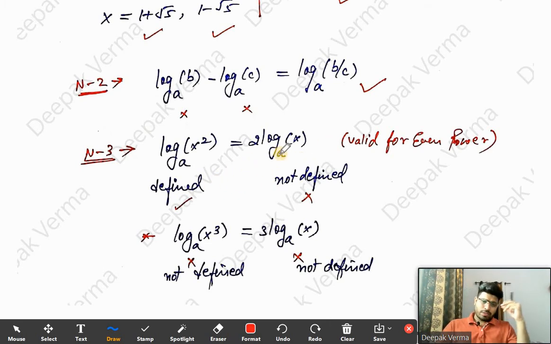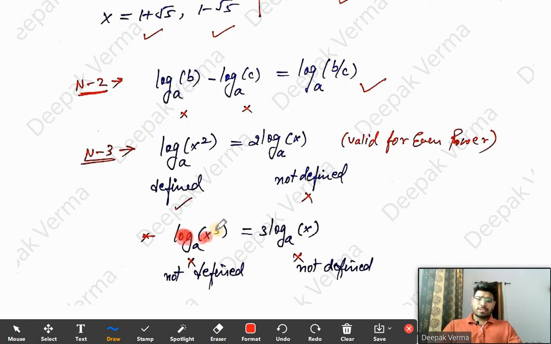When you manipulate the question, you will get some values of x. Finally, you will get the values of x. What you have to do is come back to the original question, put the values of x there and check whether it is satisfying or not. Is it clear? Fine.